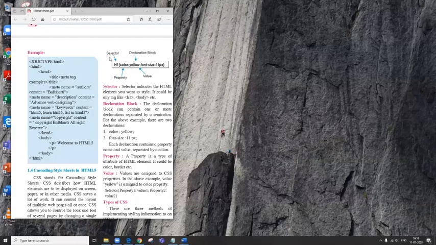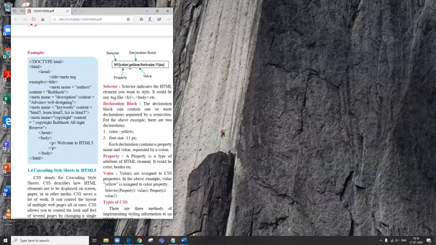So if you see this syntax, all these terms are very much familiar to us, but they are written in a very different manner. This H1, which earlier we used to call a tag, is now called a selector. Color, yellow. Color we used to call an attribute.